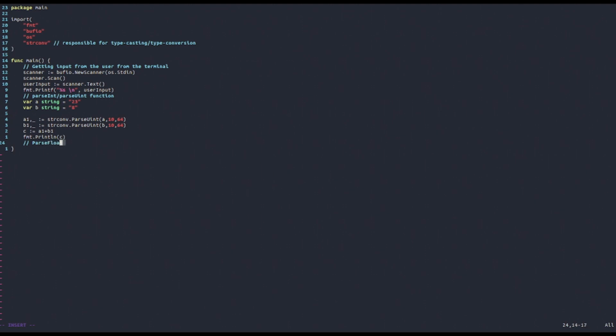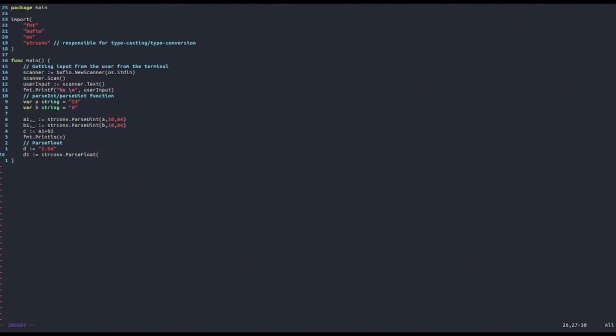So the ParseFloat function just does the same, but with floats. For example, imagine we have a string, for example C. Actually, I can't see anything above, so let's call it D. And imagine we had a string D equal to 2.54. Then to parse the string into a float, we'll just have to say D1 is equal to